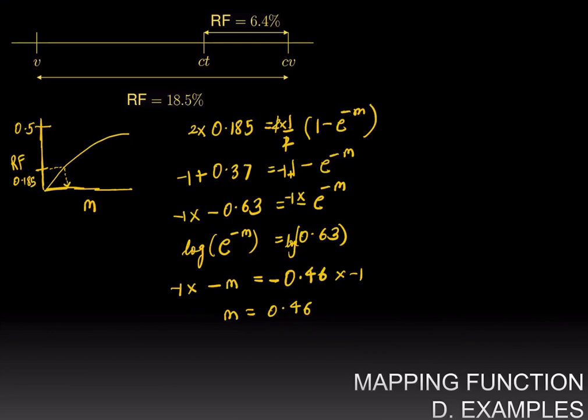Now, this is just the average number of crossovers, but if we want the corrected map distance, we have